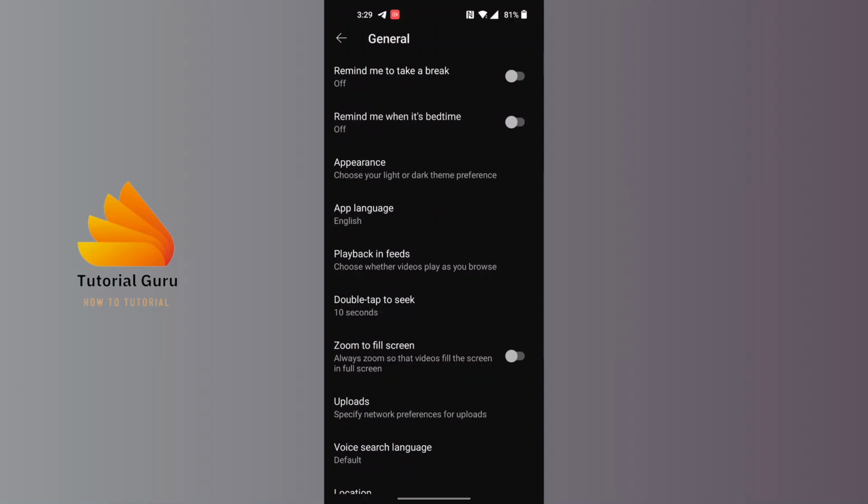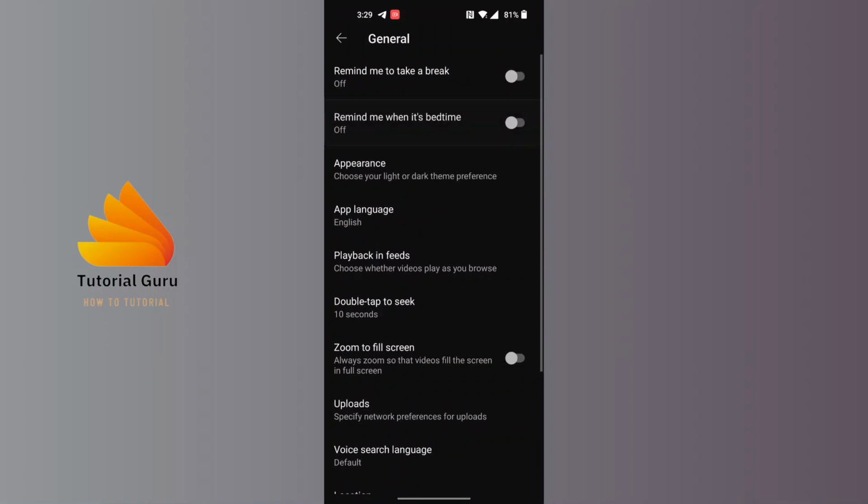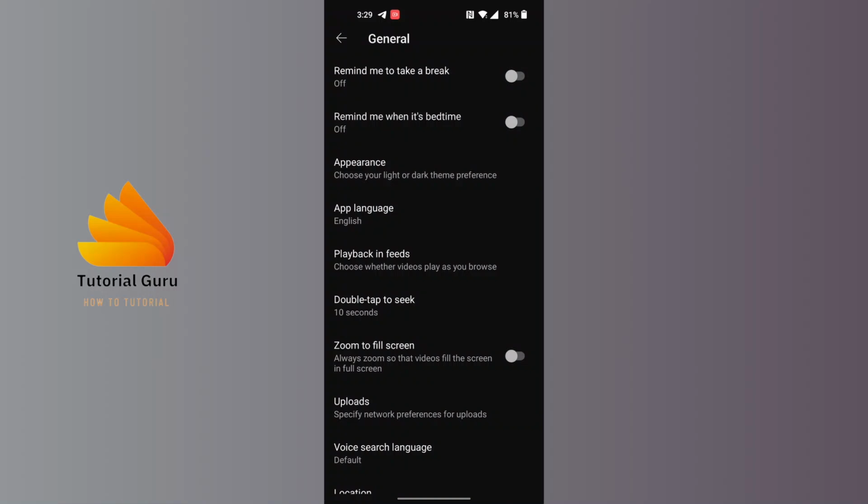And over here, guys, you can see the second option where it says remind me when it's bedtime. In order to enable the bedtime reminder on YouTube, tap on the toggle icon at the right side of that option. And with that being done, guys, after turning it on, again tap on the option over here on the